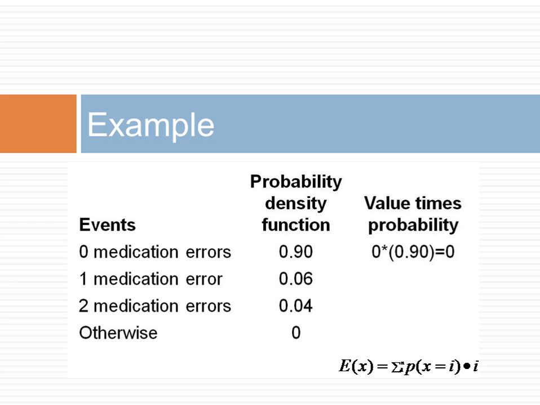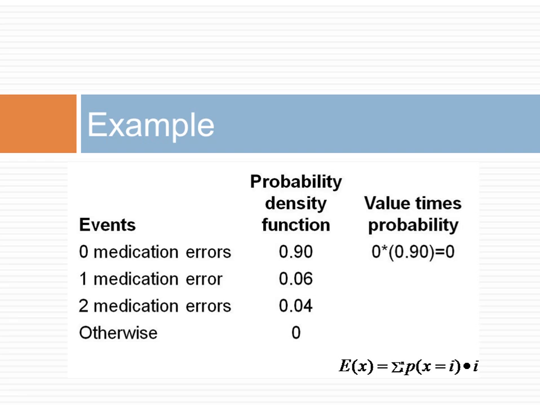Here is an application of the formula to a sample data. In this example, the number of medication errors are sorted and listed to the left. The first column shows the probability density function. At each value, it provides the probability of the event listed. For example, 90% of patients have no medication errors, 6% of patients have one medication error, and 4% have two